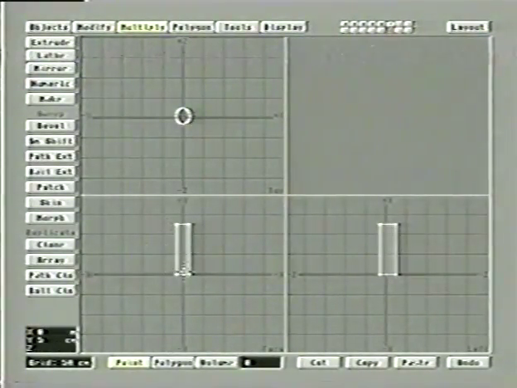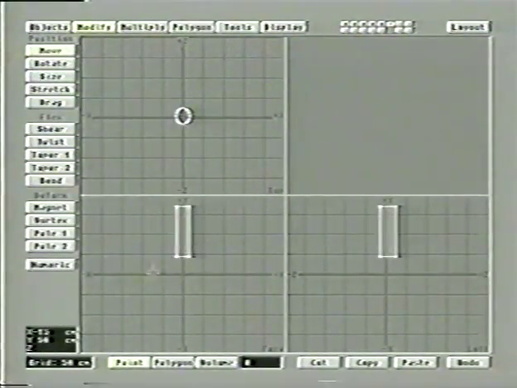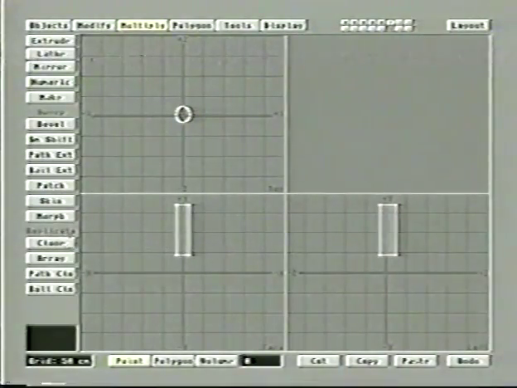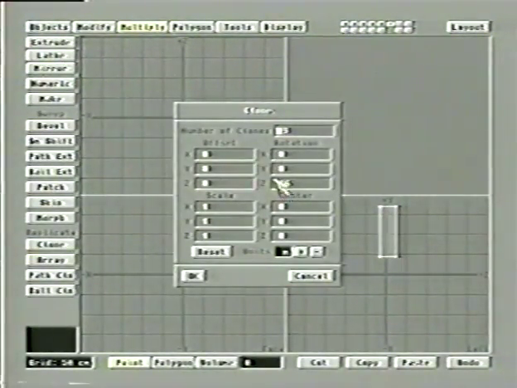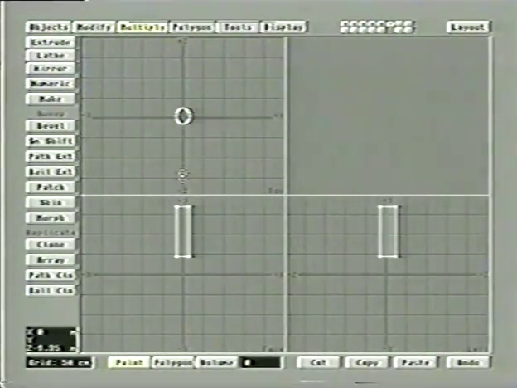Let me move this up a little bit more and automatically center it on X. Again, using that center 1D macro. Then we're going to go to multiply clone, and I'm going to want it to do 36 degrees of Z rotation, but also I'm going to have it move forward on the Z axis into the negative Z plane. And what I'll do is I'll have each one go 1 meter. So let's just go to clone,